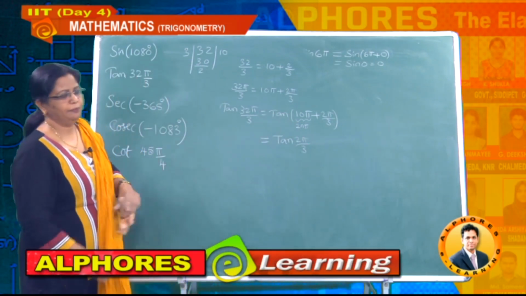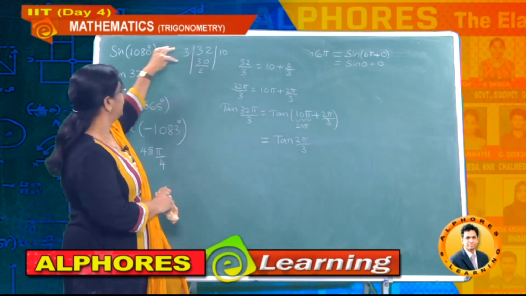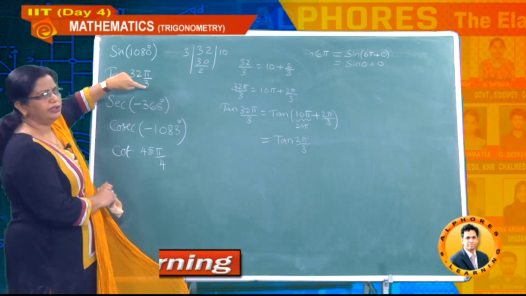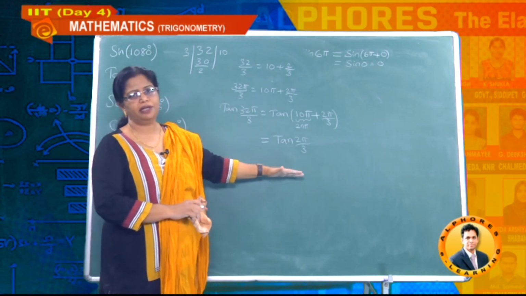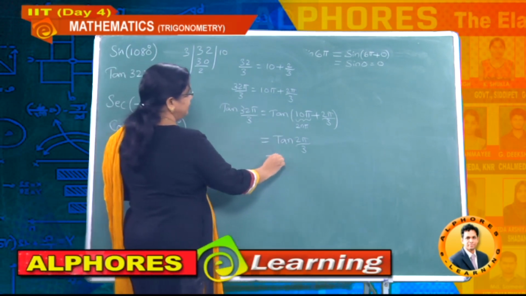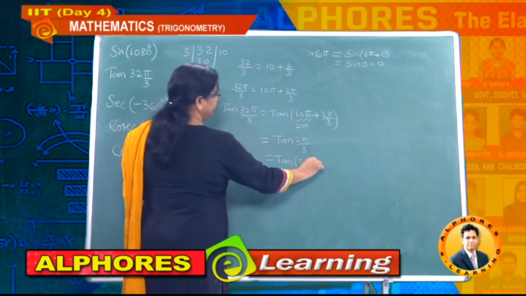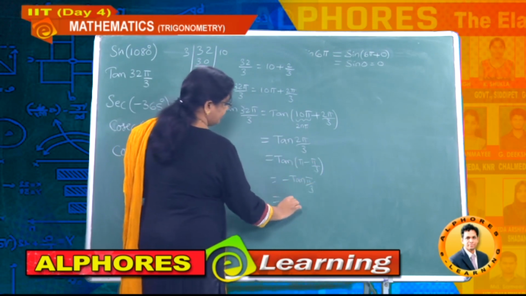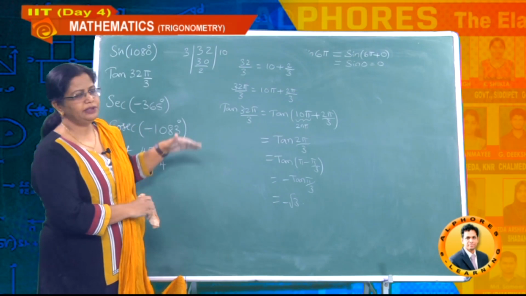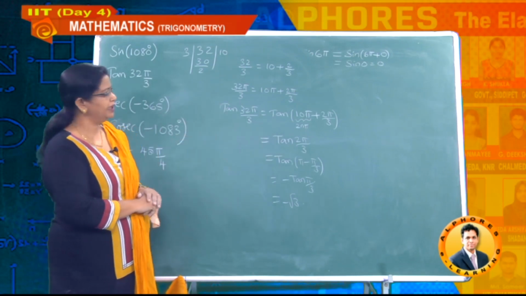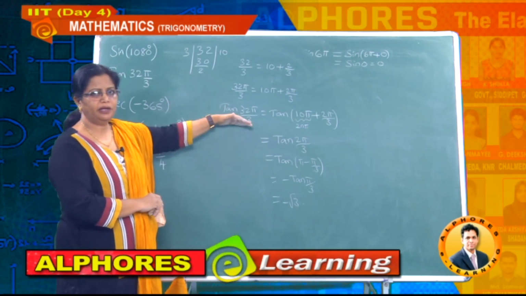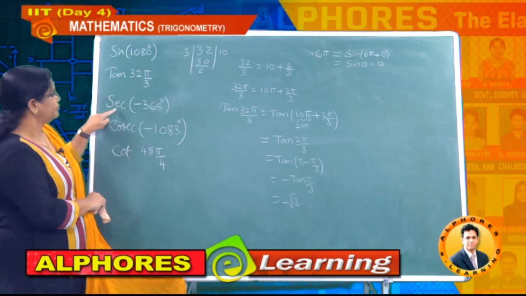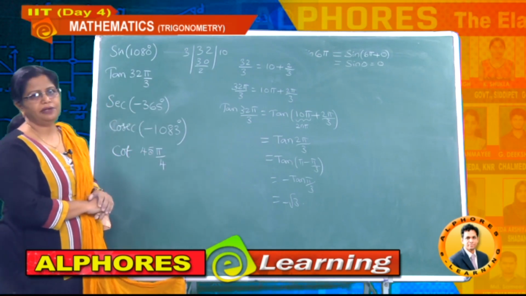What is 2 pi by 3? This is a proper fraction, whereas here this is improper. Whenever you observe an improper fraction, better convert it into a mixed fraction, thereby the simplification part is very easy. And this value you know clearly it is tan of pi minus pi by 3, and hence the answer is minus tan pi by 3. Therefore what is our value? Minus root 3. Okay students, so in this way it is very easy to calculate. Again I told you, one step you have to just calculate in the mind and the other step you have to write on paper. And next example, secant of minus 365 degrees.